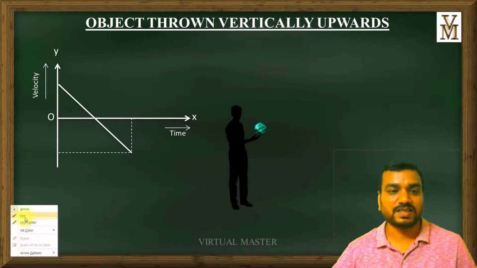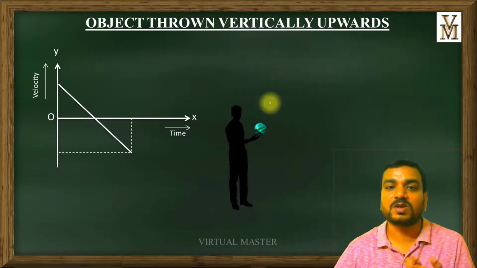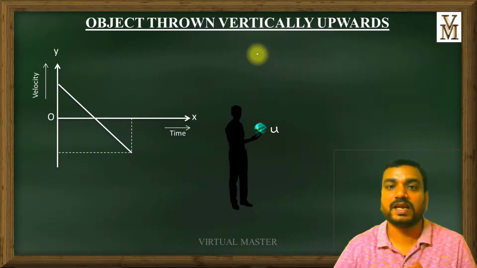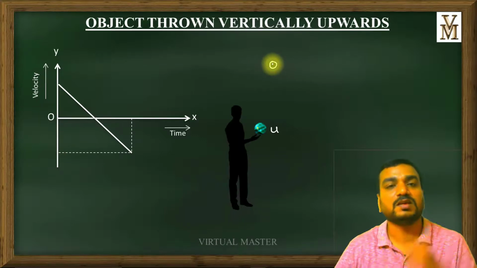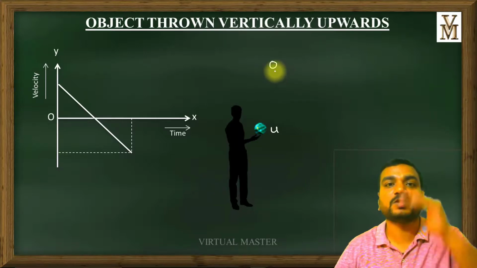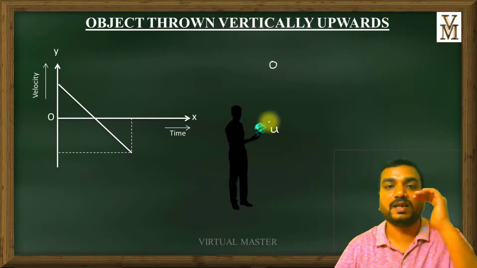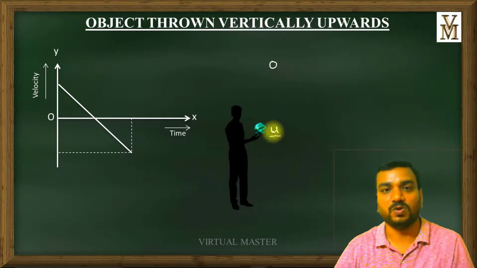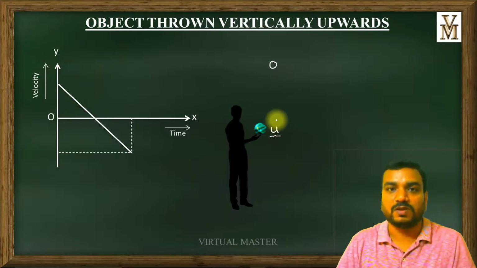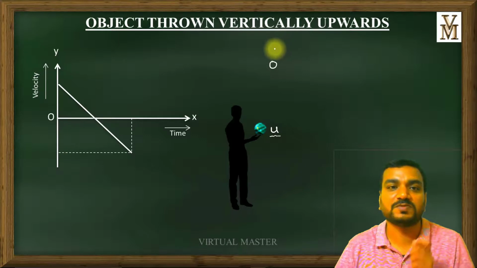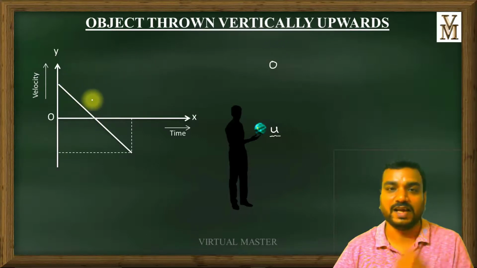Let us assume that while throwing, the velocity of the object is u. The velocity goes on decreasing when it moves vertically upwards, and at the top the velocity again becomes 0. While coming back to the original position, the velocity goes on increasing, and at the original position the velocity will be the same, that is u only. Now if we draw the velocity time graph of the object in this case, then we are going to get a curve similar to the one shown in the diagram.